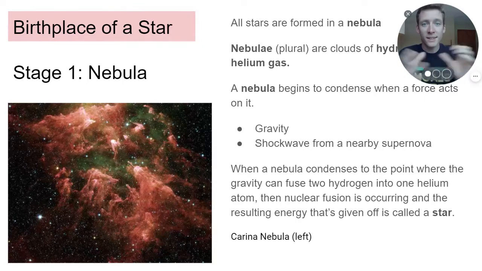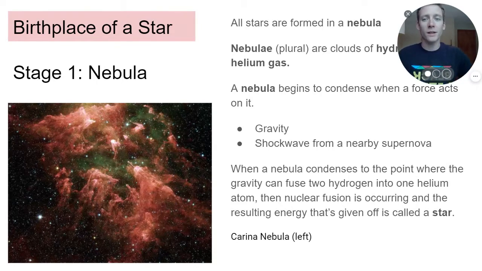Now, this condensation, this clumping, this coming together to form a star, could also happen if there was a shock wave moving through this nebula from a supernova. We'll talk about a supernova later. So when that stuff comes together, at a certain point we're going to call it a star, but not yet, because something key needs to happen, and that's nuclear fusion. Nuclear fusion is what makes something a star. It is not happening yet.